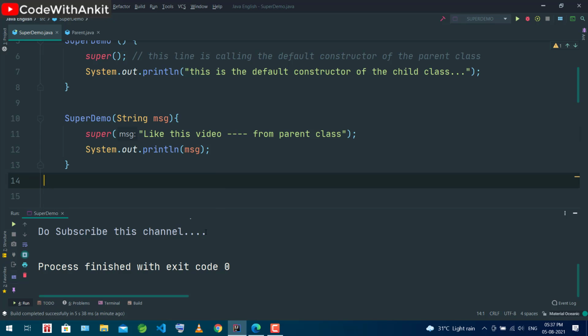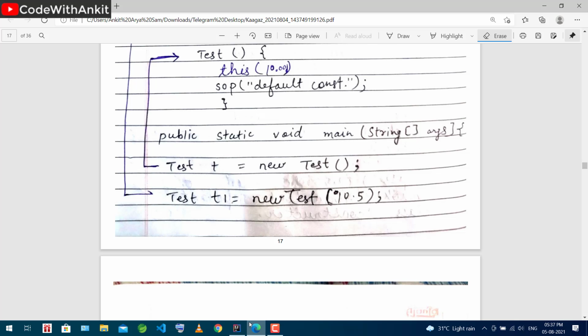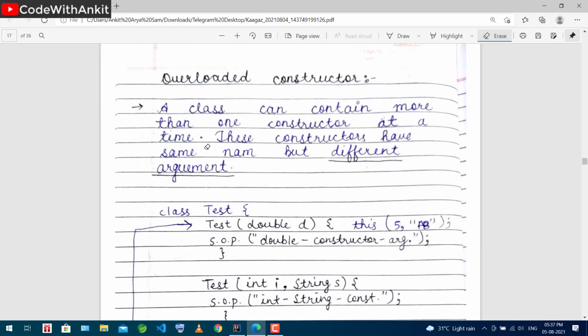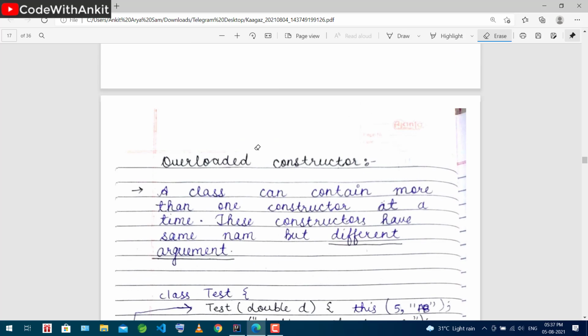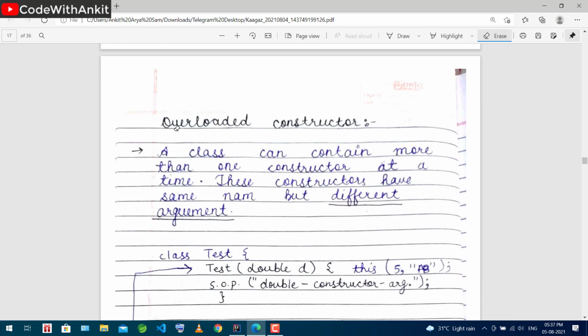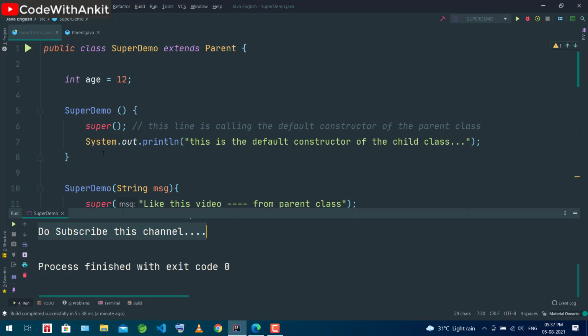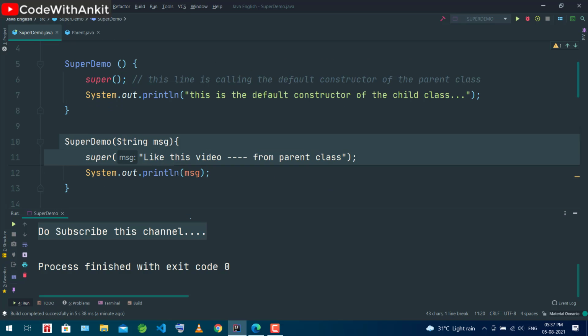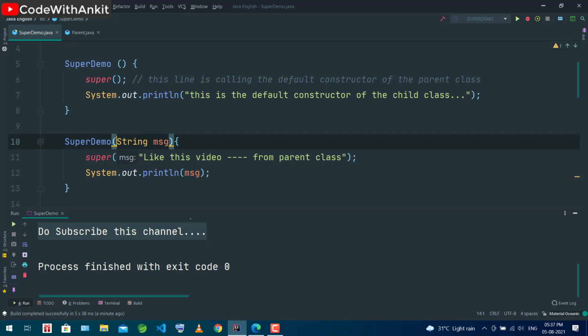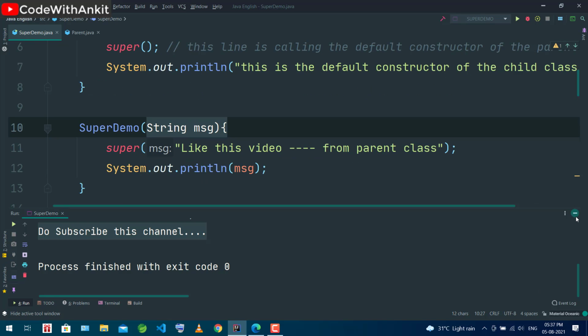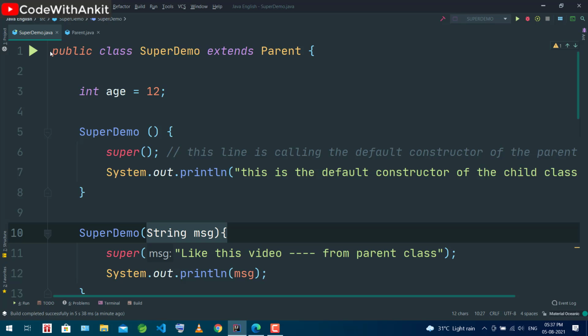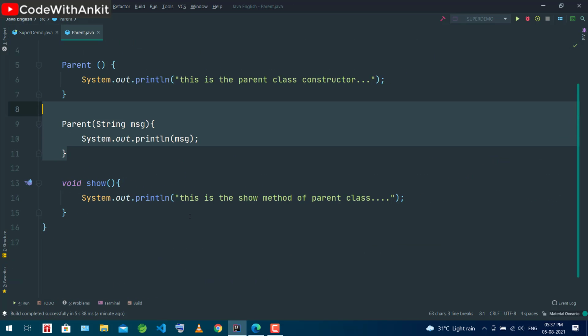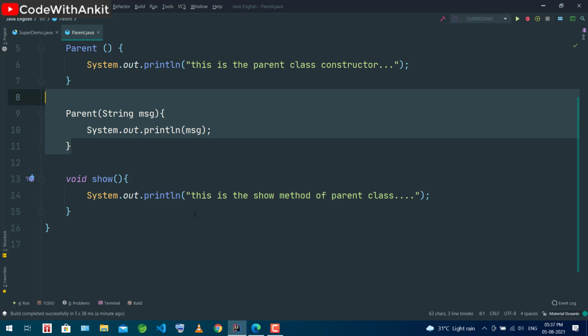Getting my point? So this is the constructor thing. I hope you really get the point. And here is a small example of an overloaded constructor. These are overloaded constructors. I overloaded one more constructor just by passing one more argument here, making it different by the argument of this super demo constructor. So I hope you are all getting the feel of the super keyword.